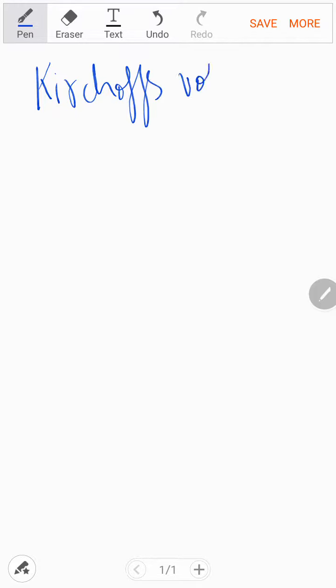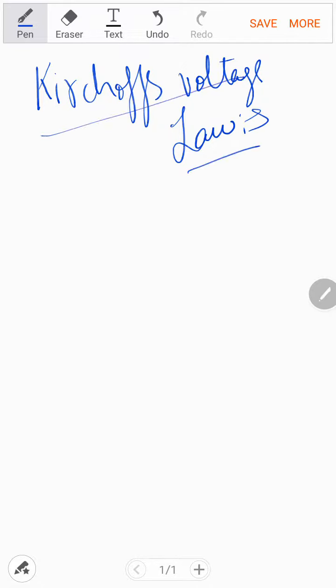Okay friends, today we will discuss Kirchhoff's voltage law. Before we apply it on a circuit, we will see what Kirchhoff's voltage law is. So Kirchhoff's voltage law says that